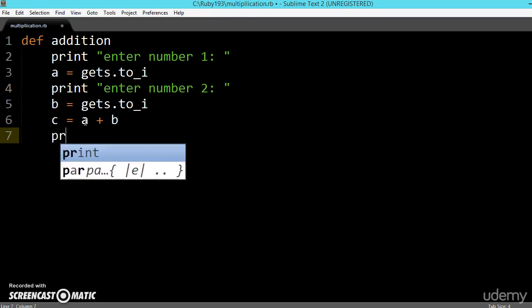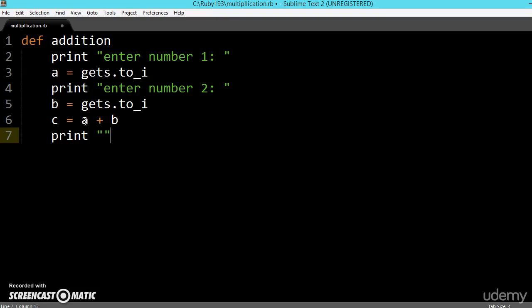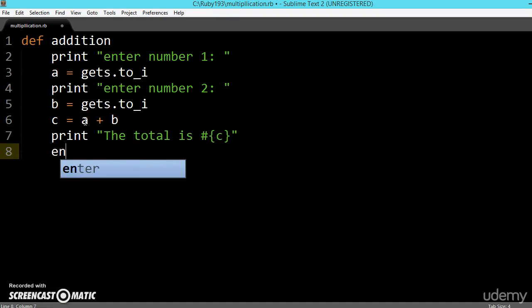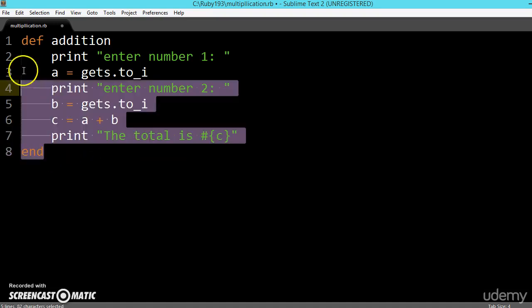Enter, print "the total is", and get it from the c, and end the function. So now write the same for the subtraction.